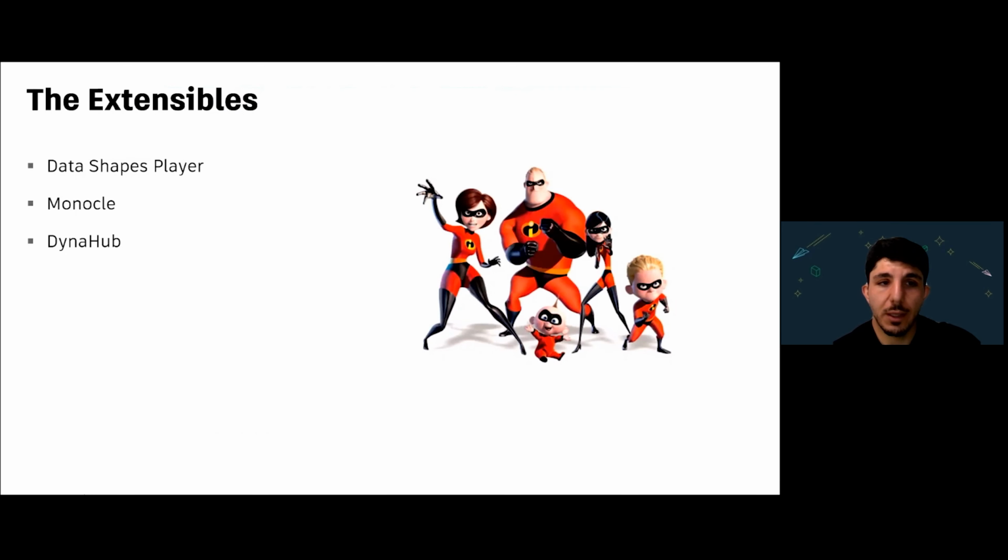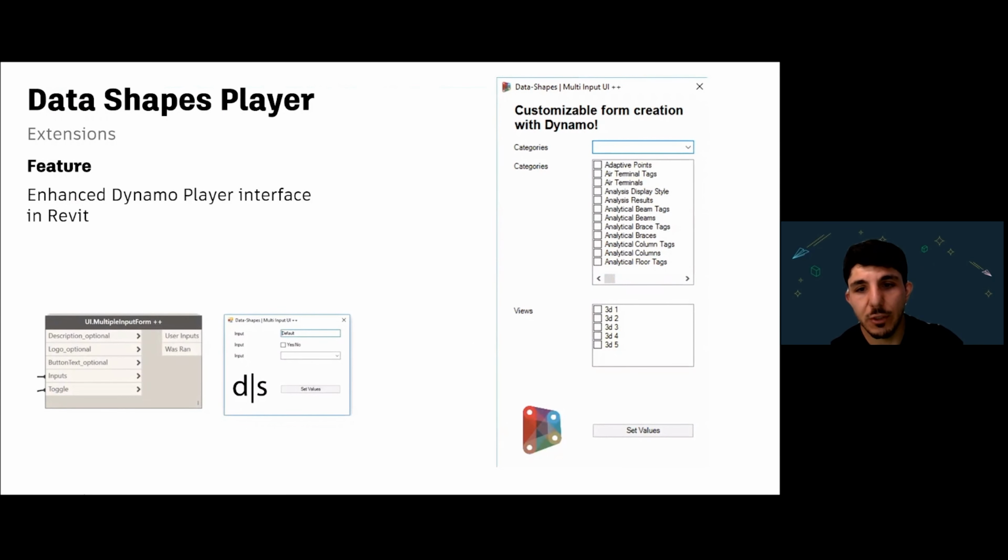And the extensions we're going to look at today are going to be things that you didn't realize you could do, but it's a whole team of different tools that can help you with Dynamo. For instance, Data Shapes, again, from Mostafa and the Data Shapes team. This is great in case the Dynamo Player built into Revit isn't quite enough, doesn't have enough features, doesn't have enough sophistication, doesn't have enough reporting integrations. Data Shapes multi-input UI player is a great upgrade to the Dynamo Player. I highly recommend it to anybody who wants something a little more robust than the Dynamo Player for Revit, for people who aren't comfortable using Dynamo in your office. This is a great way to not only give them more feature-rich user interfaces, but also give you more control over the scripts you're running.